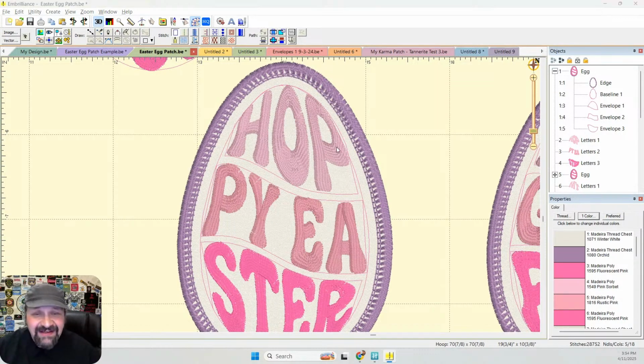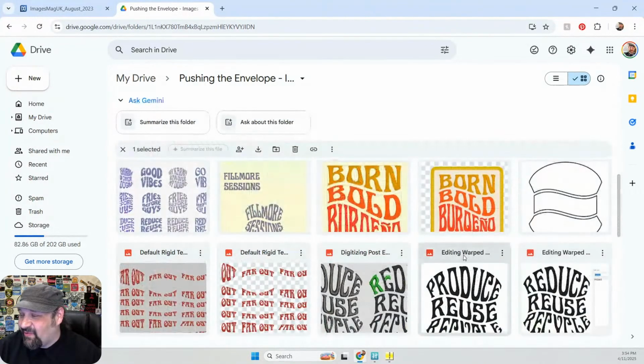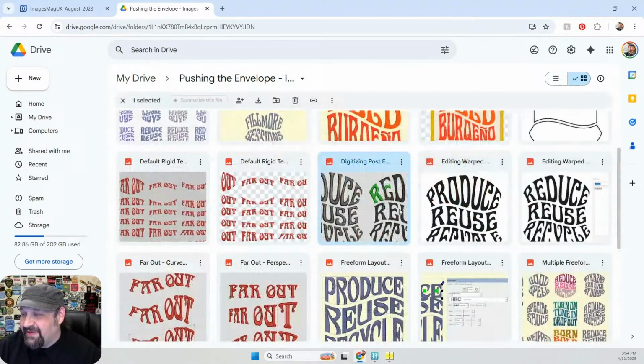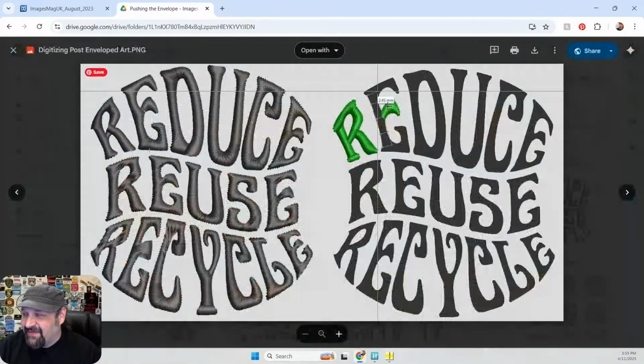I mean, you can. Certainly, like I've said before, that is how we used to do it back in the day when we wanted to do this kind of warp. What we would do is create this warp in vector software like this, and then go back and digitize individual objects on top of the original, because if we auto converted, we'd get all this